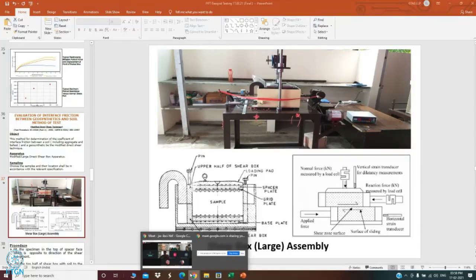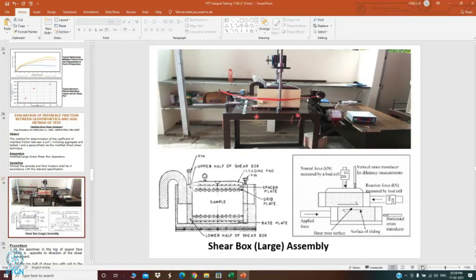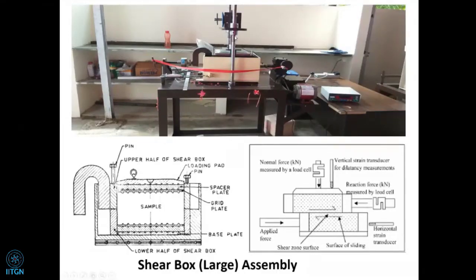Can I explain this feature, Anil? Yes, sir. Just explain how the normal stress is applied. Yeah, from this, there is a jack of 50 kilonewton capacity. There is a load cell through which we are applying normal stresses, and there is a plate over it through which we uniformly distribute our load to the sample in the 30 centimeter by 30 centimeter. There is a gap between two tanks that is called the water jacket.